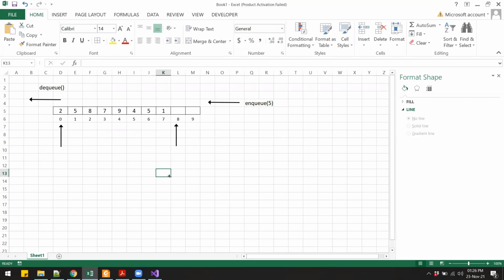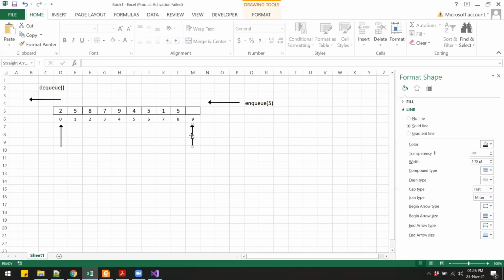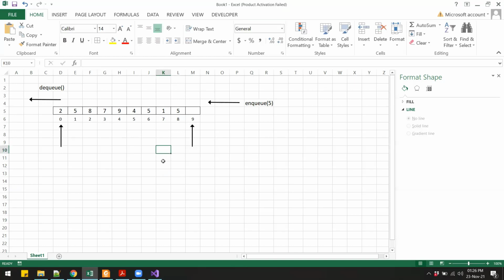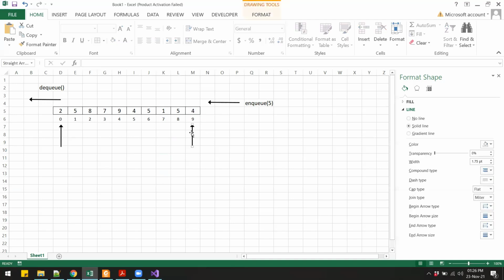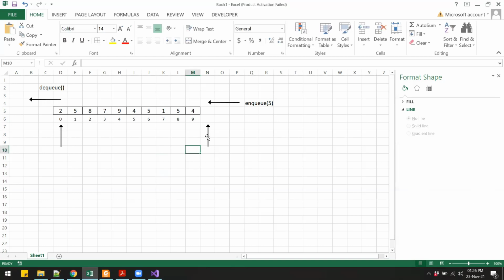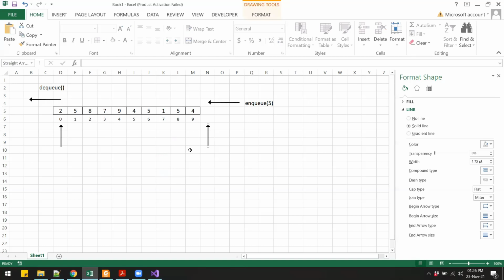At this point, you can visually see that the queue is not full. There is still some space in the queue, and we can put some data, right? And the data goes at index number 8. It comes there. Then this rear will shift to 9. Now still the queue is not full. Then we will put one more data. Now where will rear shift? It will go to index number 10, right? The value of the rear pointer will become 10.